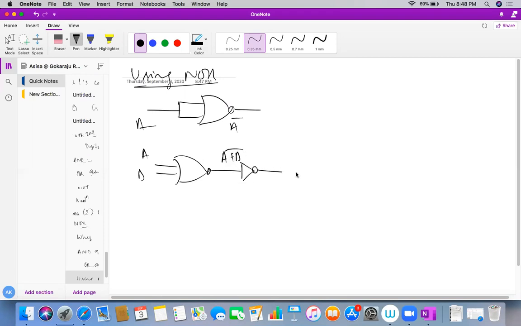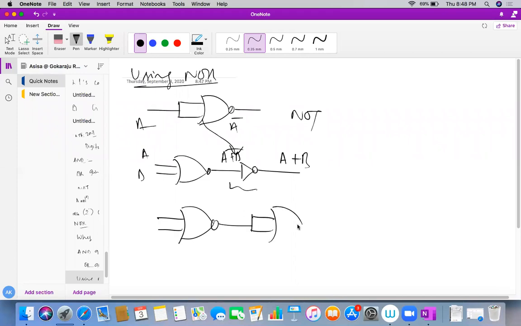If I put a NOT gate, it will become A or B. So for that, this is my NOT gate. If I replace this one with what I have done here, I can get an OR operation over here. So this is my OR gate. This is my A or B bar. This is my A or B. So this is the implementation of OR gate using NOR gate.